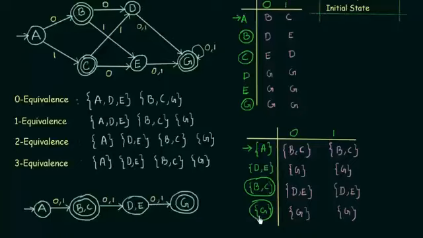What about state G? G on getting input 0 and 1 stays in G itself. So here we have completed the state transition diagram for the new minimized DFA that we have obtained. In the original DFA, how many states did we have? We had 1, 2, 3, 4, 5, 6 states. If you count the unreachable state, it would have been 7 states. But in the minimized DFA, we have only 4 states. So here we have successfully minimized the given DFA even when there was an unreachable state, by removing